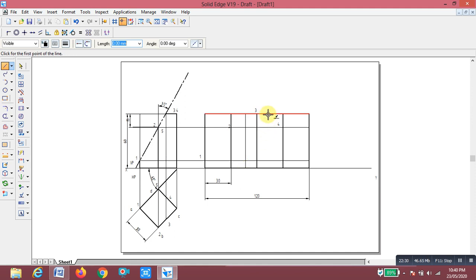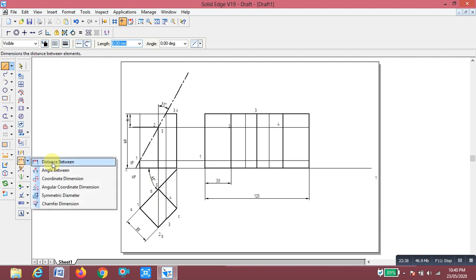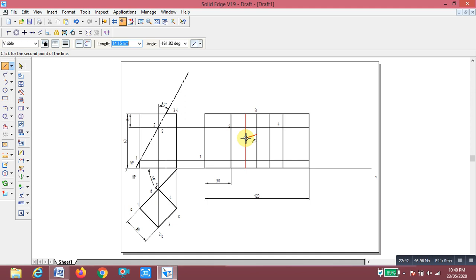Distance between this and this is measured from point B, we take it as 12.31.